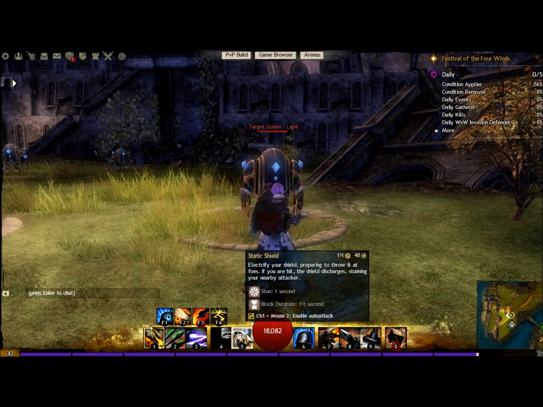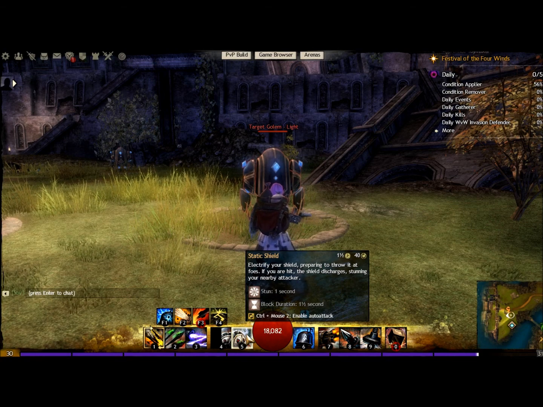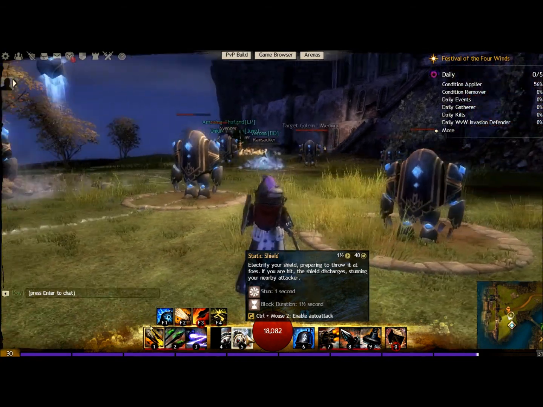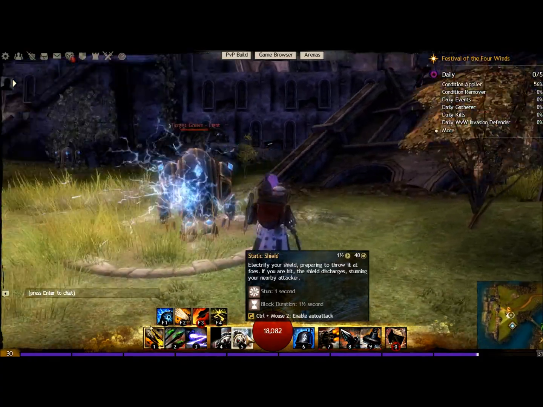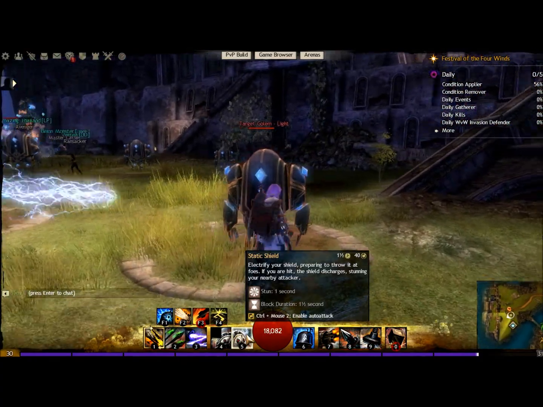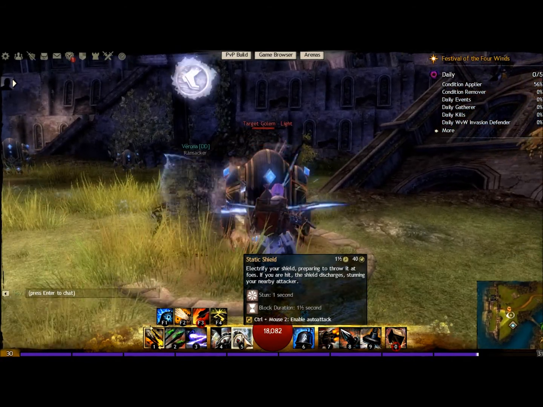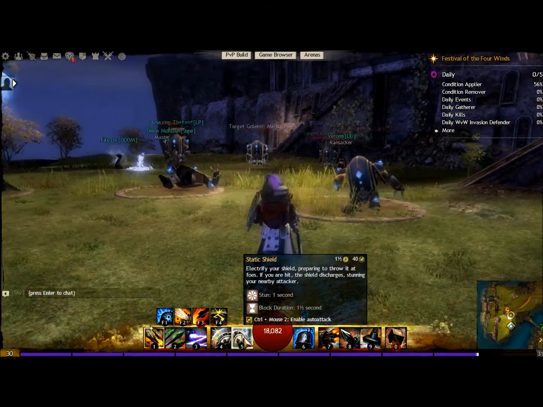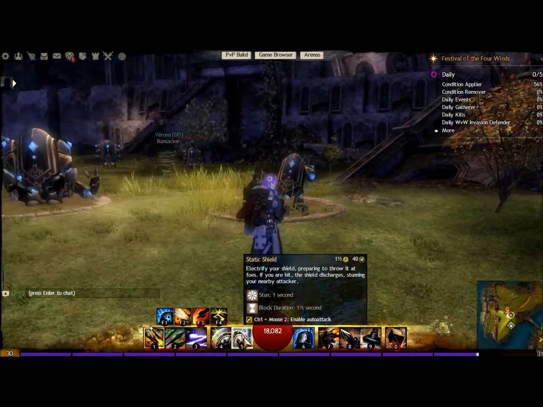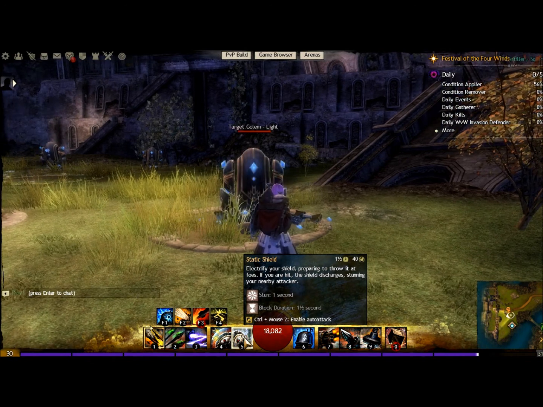My next one is Static Shield. You electrify your shield, preparing to throw it at foes. If you are hit, the shield discharges, stunning your nearby attacker. Now, even if they hit you and it discharges and stuns them, the stun is for 1 second. That doesn't seem like a lot, but trust me, it helps. So not only do you not take damage by blocking whatever they were throwing at you, but it stuns them. However, even after they're stunned, you can still throw the shield to daze the target